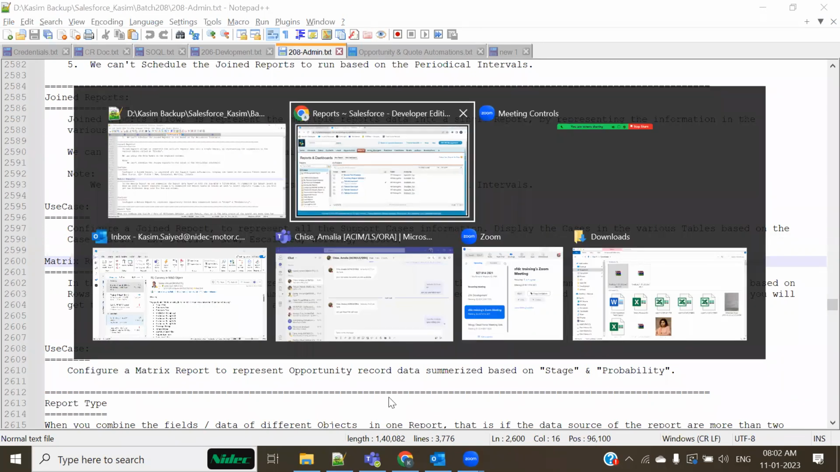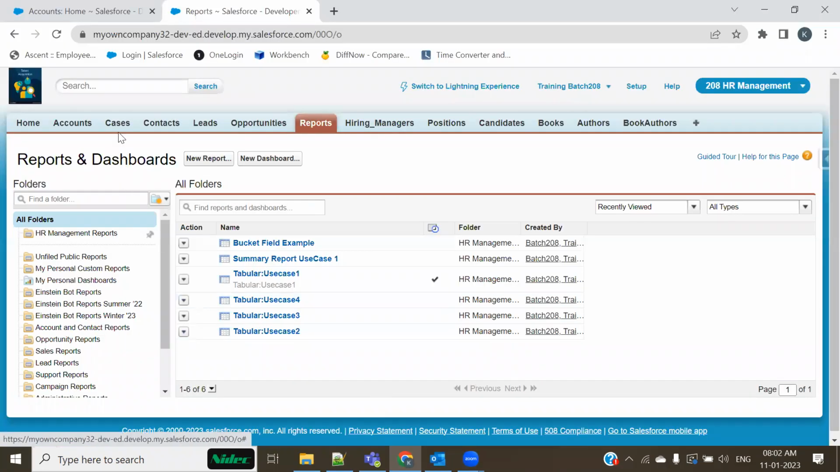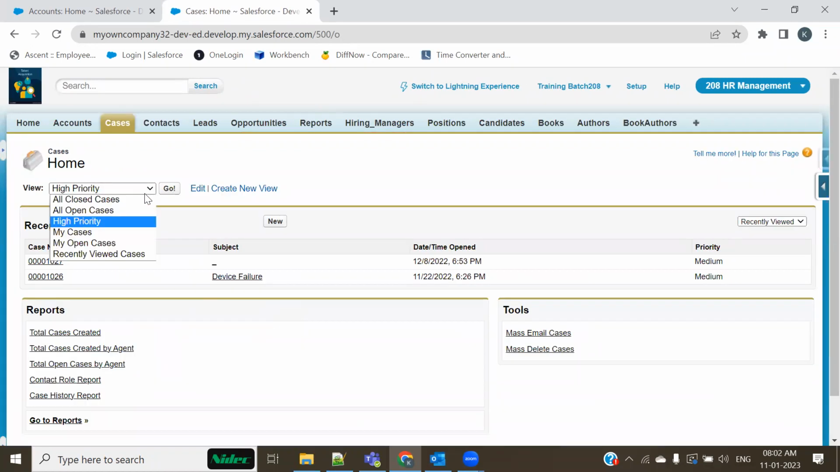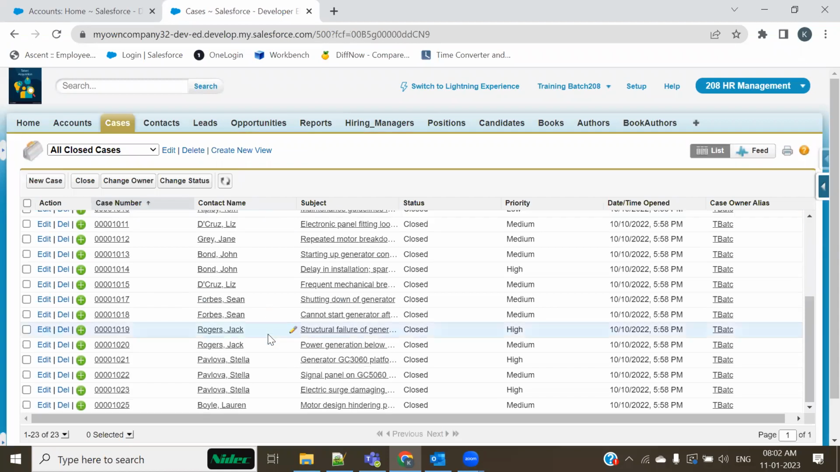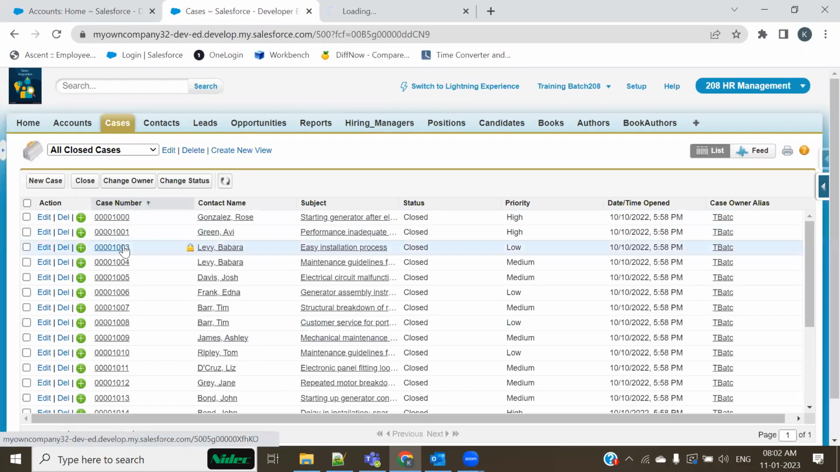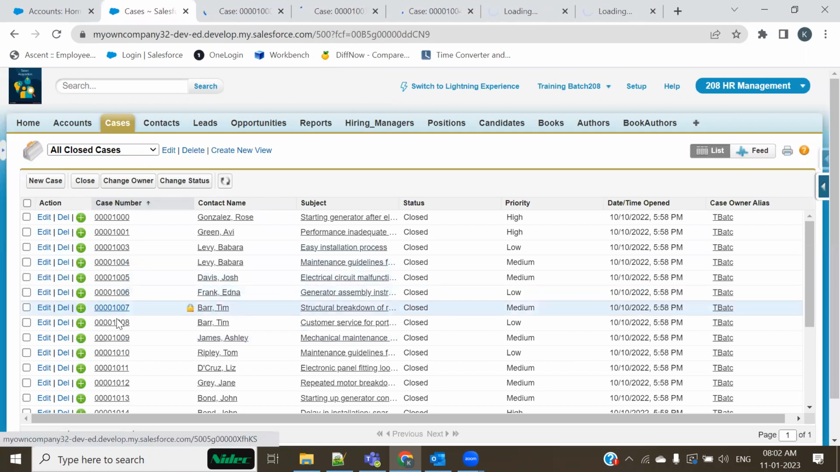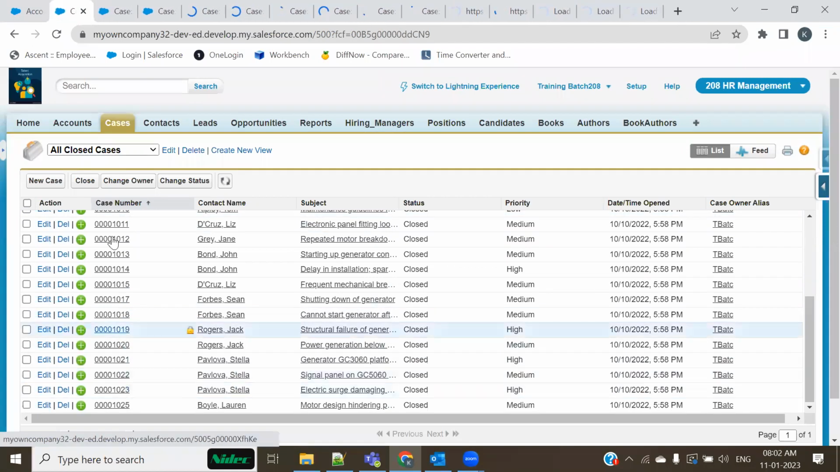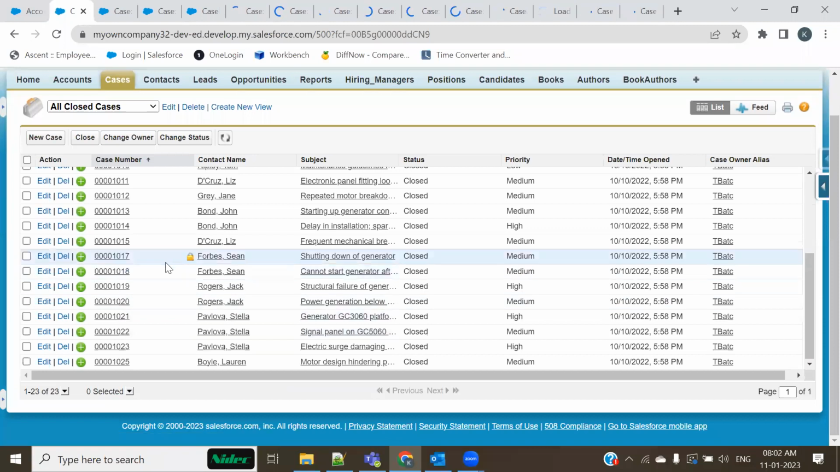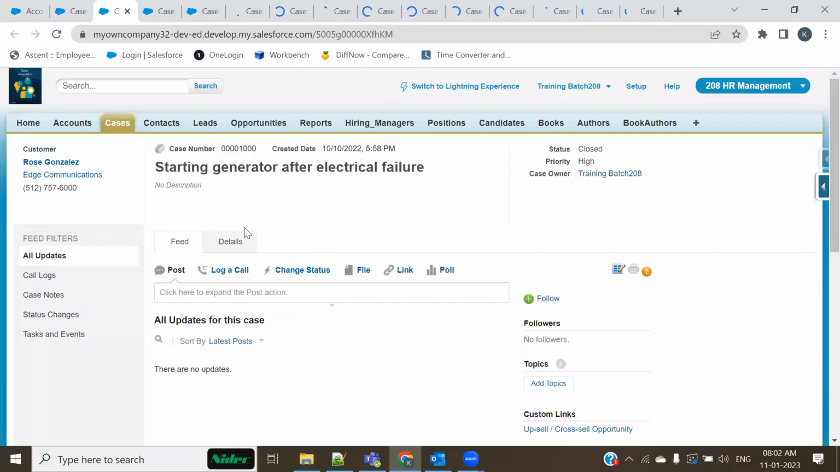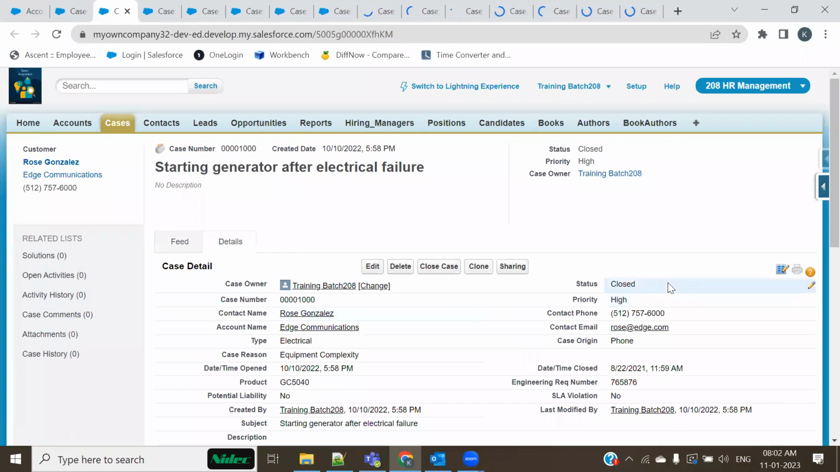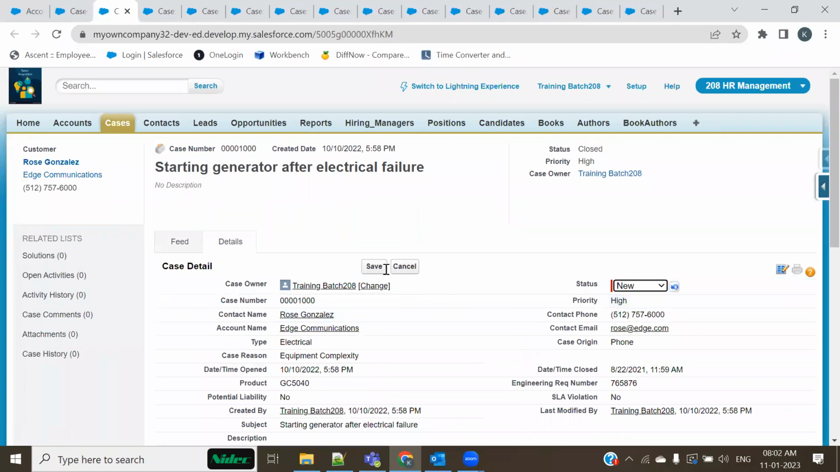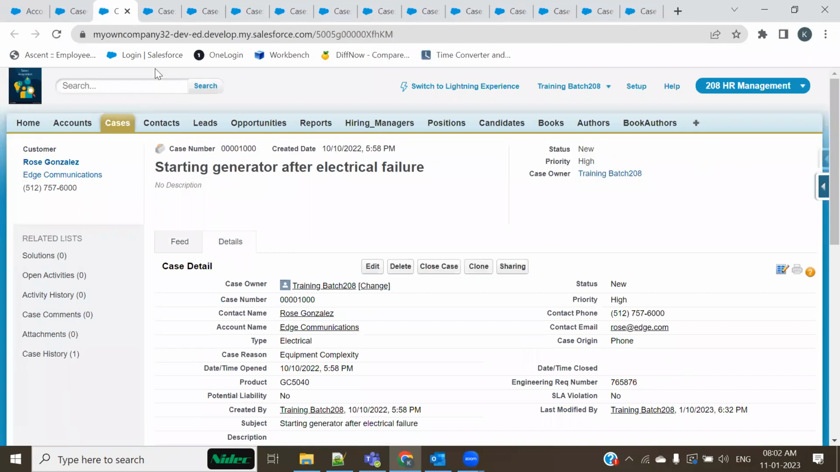See, I'll do one thing first of all. Let me go with the case object. If I go with all closed cases, there are so many of them. Let me try to do certain changes first of all, because I am going to require cases with different status. Most of them are closed. So let me do one thing. I'm changing their status to new